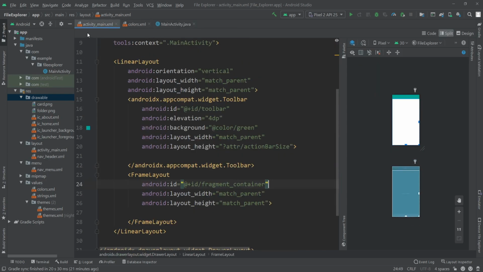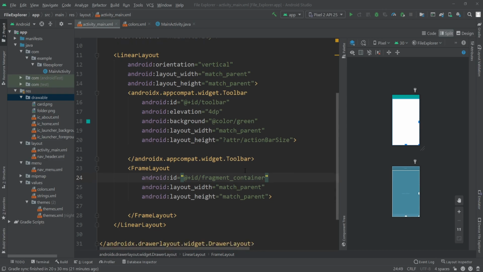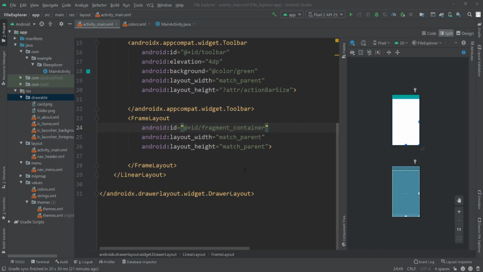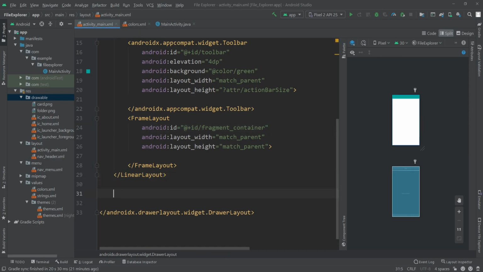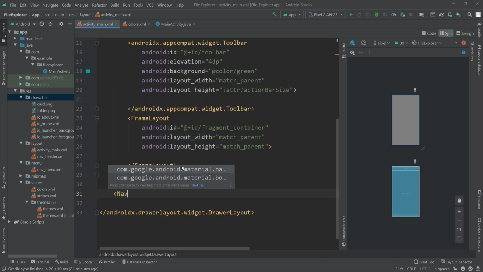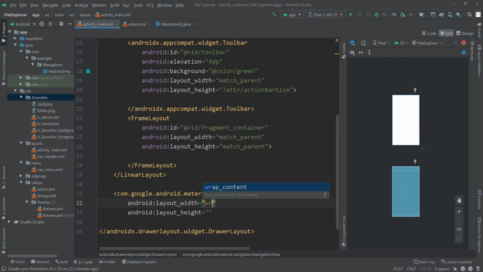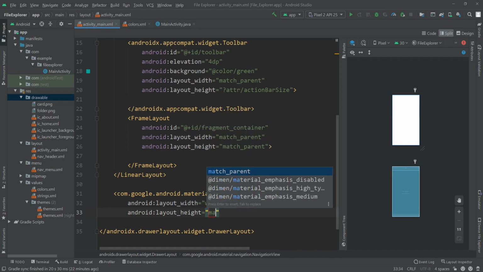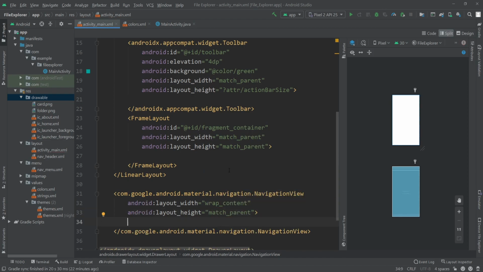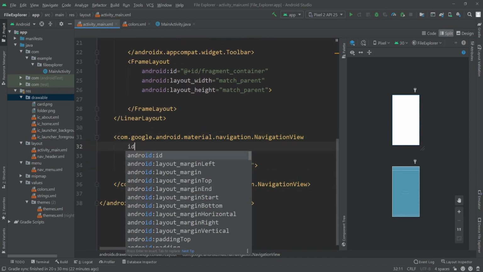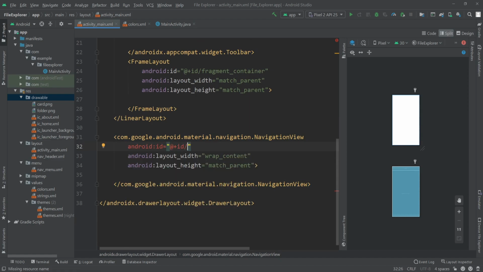We can close that and go back to the activity_main.xml here, and inside here we need to create our navigation view. So I'll go outside of this linear layout, and here I'll create my navigation view, and I'll set the width to wrap content, and I'll set the height to match parent. Now here I'll give this navigation view an ID. I'll call this nav_view,